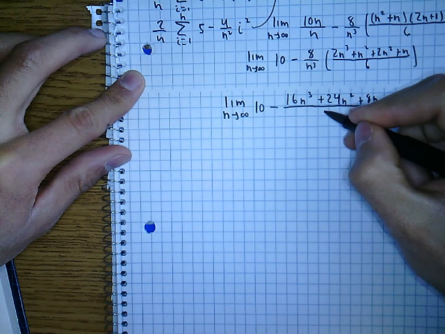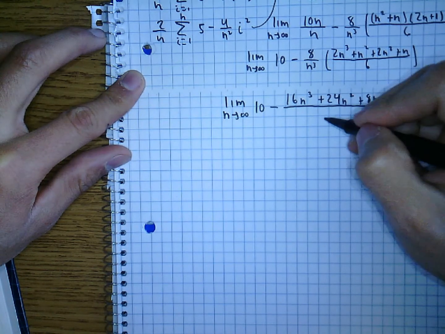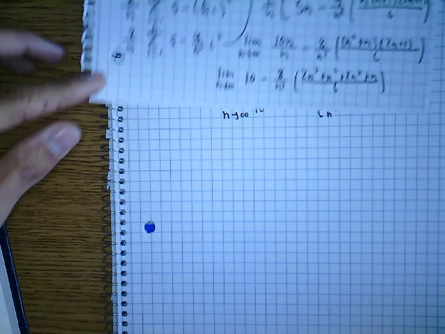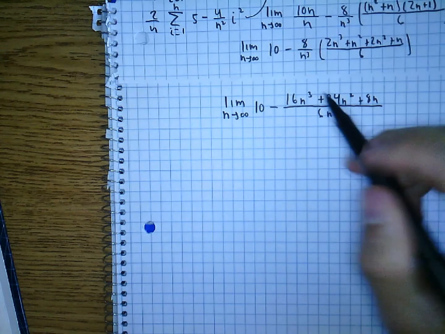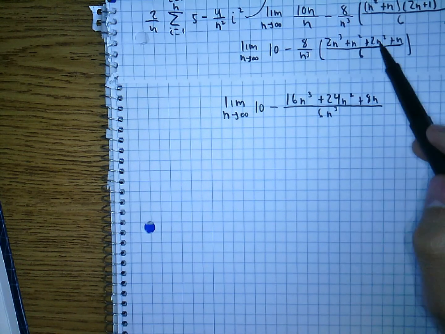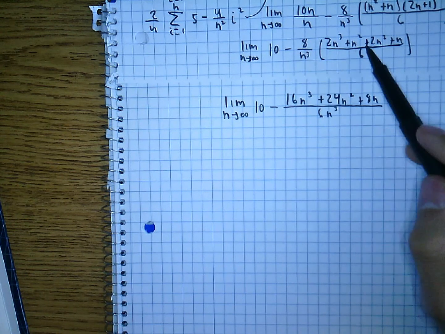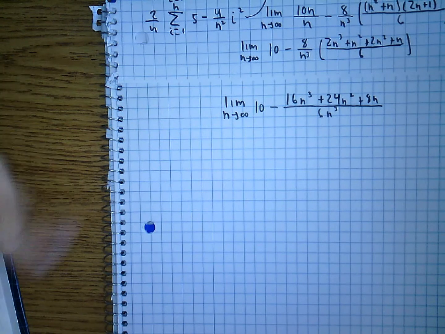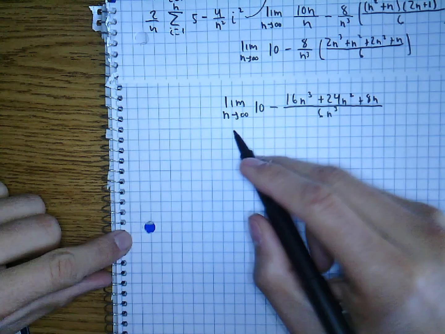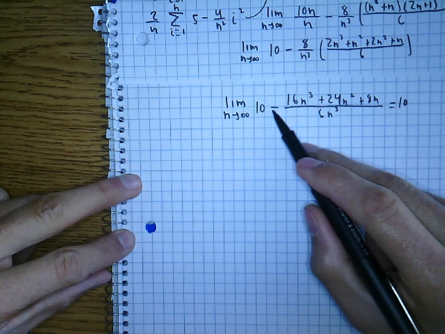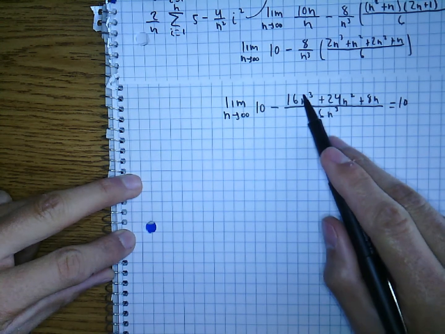all over 6n cubed. So I've got to multiply that n cubed to the inside. Okay? All right, let's make sure I didn't make any silly mistakes. So 8 times 2 is 16. 8 times 3 is 24. Okay, so we're good. So now I think I can go ahead and take the limit here. Notice the limit of a constant is just the constant itself, so that's just going to be 10 minus